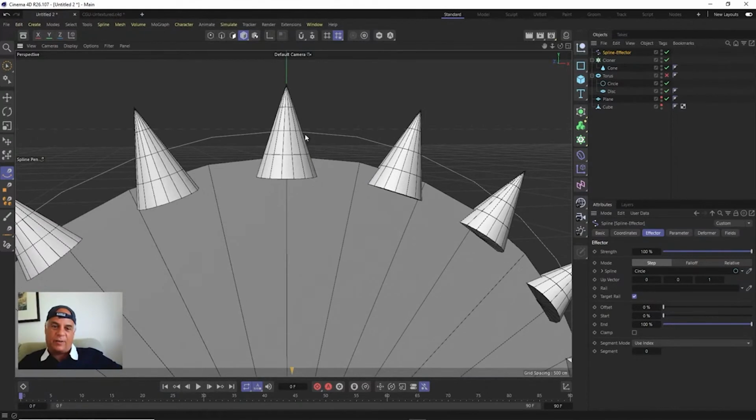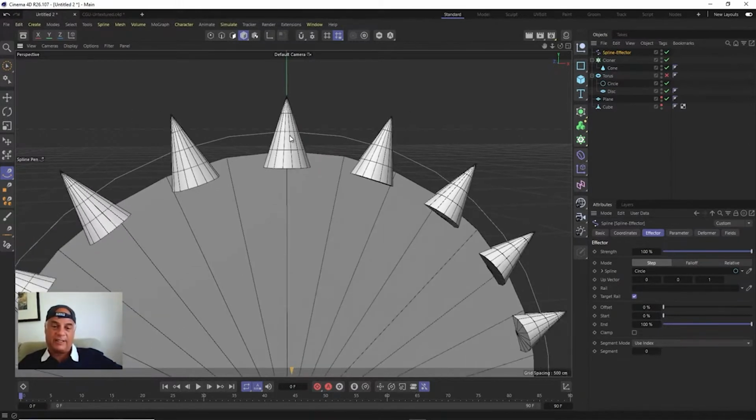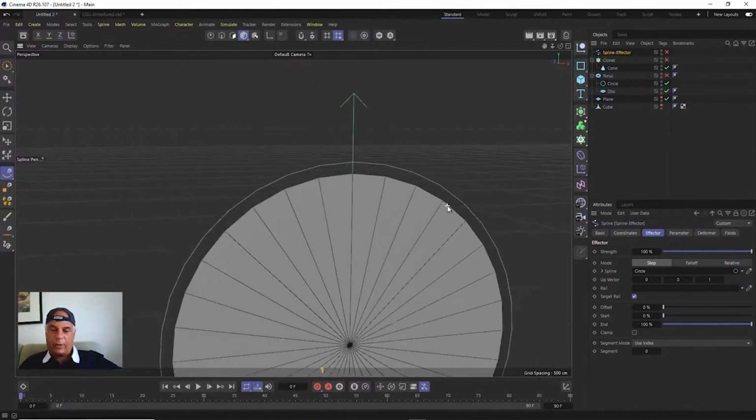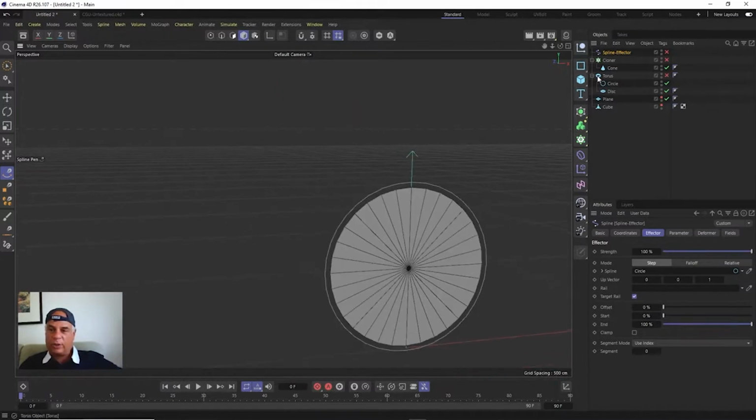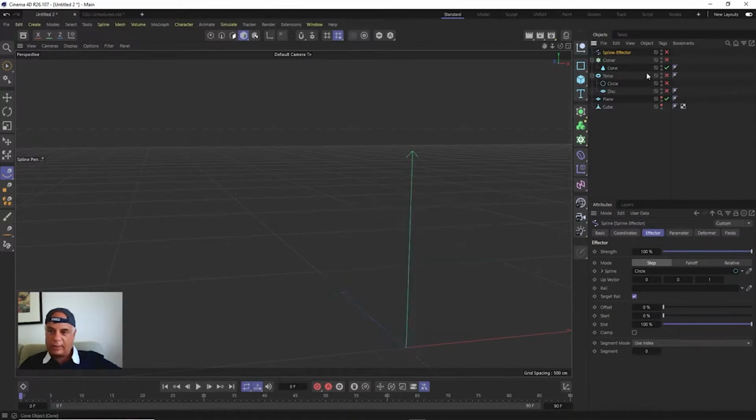the clones are being affected onto the spline. They're being attached to the spline in the center of the clones. So the question is, how do we have it go up? The reason that it's being affected, if I were to turn off the cloner for a minute and look at our original cone, let's hide the circle and the disc. Okay, and let's just show the